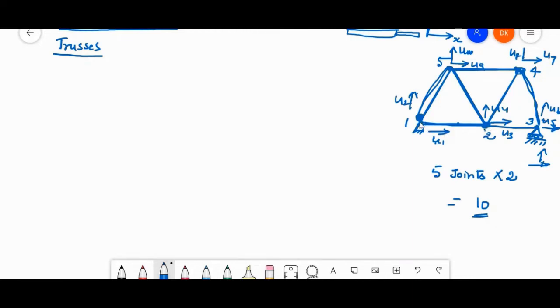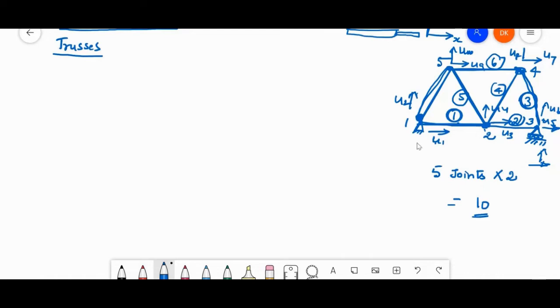So you see that this is one node, this second node, this is third node, this is fourth node, this is fifth node. These are all element number 1. This is element number 2, this is element number 3, this is element number 4, this is element number 5, this is element number 6. So like that, you assume that the members are acting as elements in the trusses, and the pin joints acting as nodes.